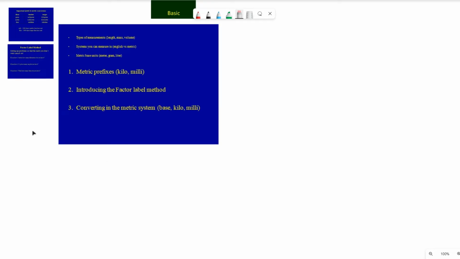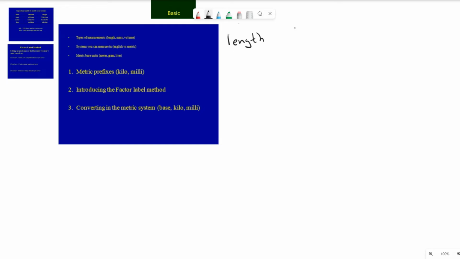And one thing I want to do is go back and take a look just briefly at the base units for the metric system. Again, the meter, liter, and gram. And before we stick prefixes in front of them, like a kilo or a milli, to make them either larger or smaller, let's just make sure we understand where those base units came from and why they are the size that they are. So if we take a look first at length,